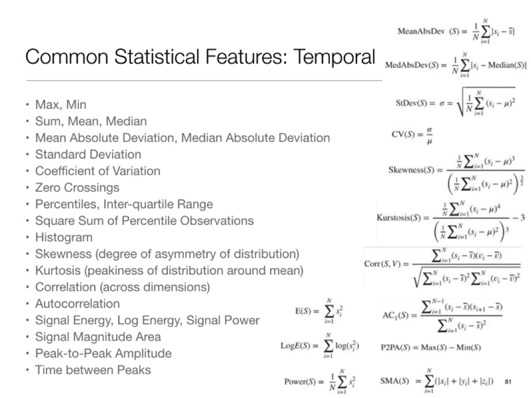But sticking with the more common human engineered features that typically get used, there's a whole laundry list of them, and I've listed a bunch of them out here. These are things that you may have encountered in your courses, but they're basically various statistical metrics over pieces of data that one might have. And it turns out that a lot of these things have some correspondence with things, and so usually